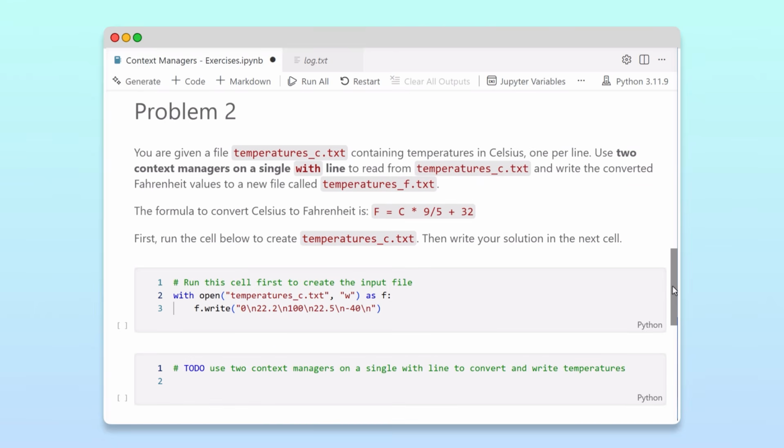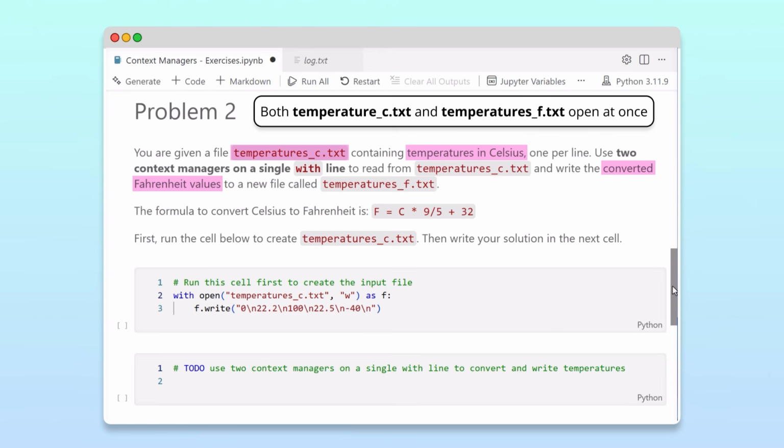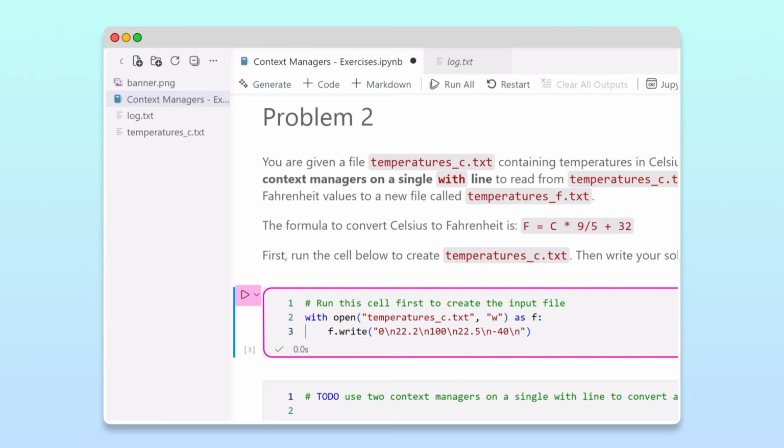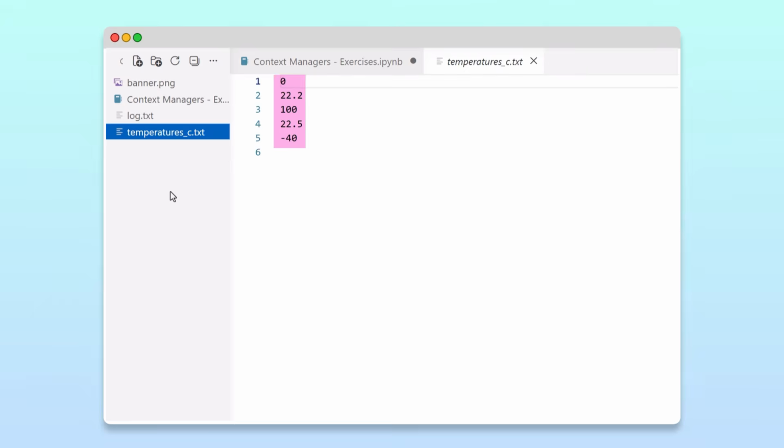In this problem, we have a file of Celsius temperatures that need to be converted to Fahrenheit and saved to a new file. To do that, we need to have both the Celsius and Fahrenheit files open at once. While we could do this by nesting with statements, the cleaner option is to open both on a single line. We start by running the setup cell, which creates the Celsius temperature file with 5 values. Back in our code,